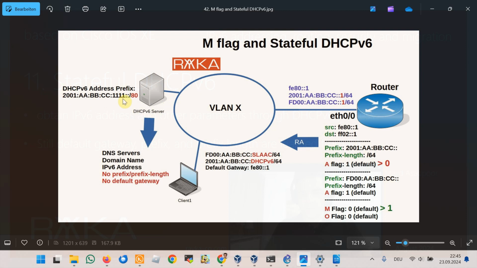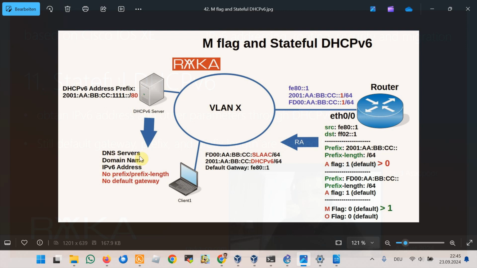This is because in DHCP version 6, there is no explicit exclusion mechanism. That means you cannot exclude any reserved or assigned IPv6 addresses from the prefix. Because of that, we choose a subset of the original prefix to be used, which excludes any assigned and reserved IPv6 addresses. And therefore, the client can learn not only an IPv6 address, but also other parameters like DNS servers, domain name, and NTP servers.